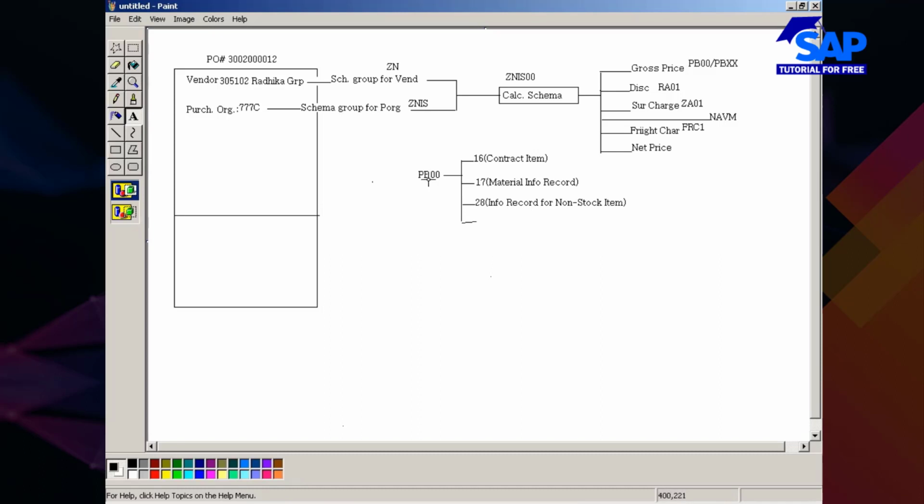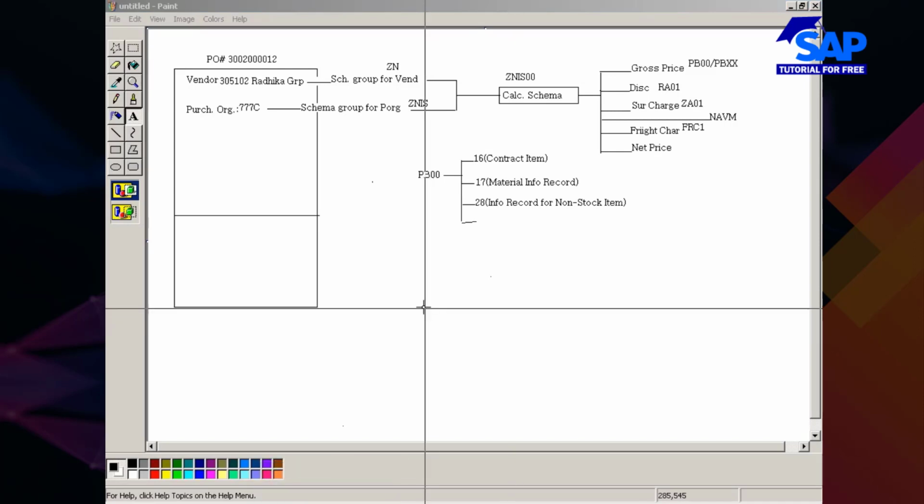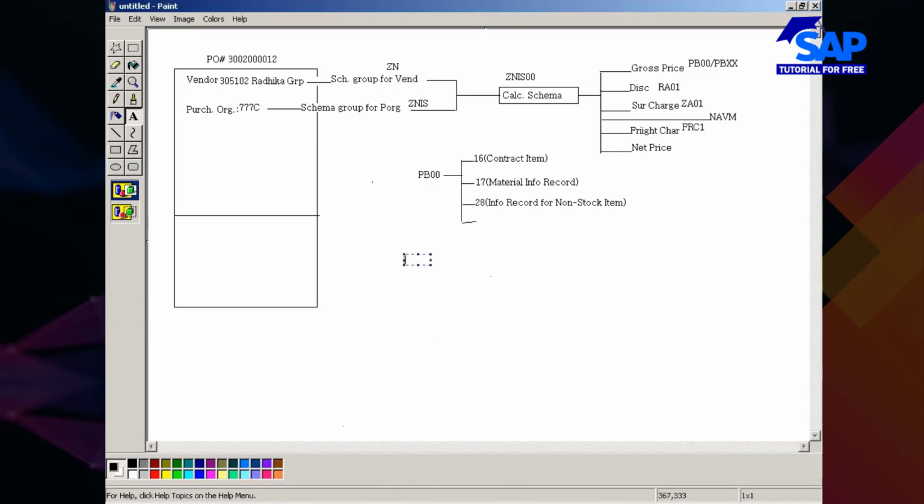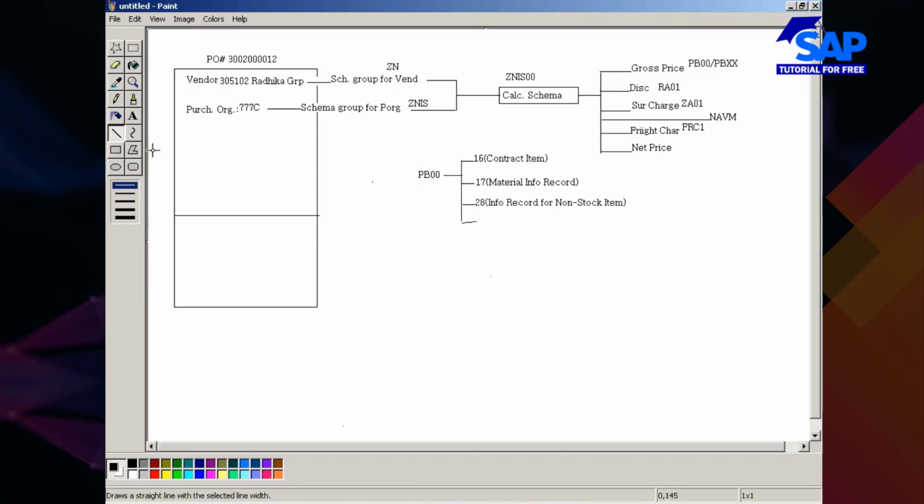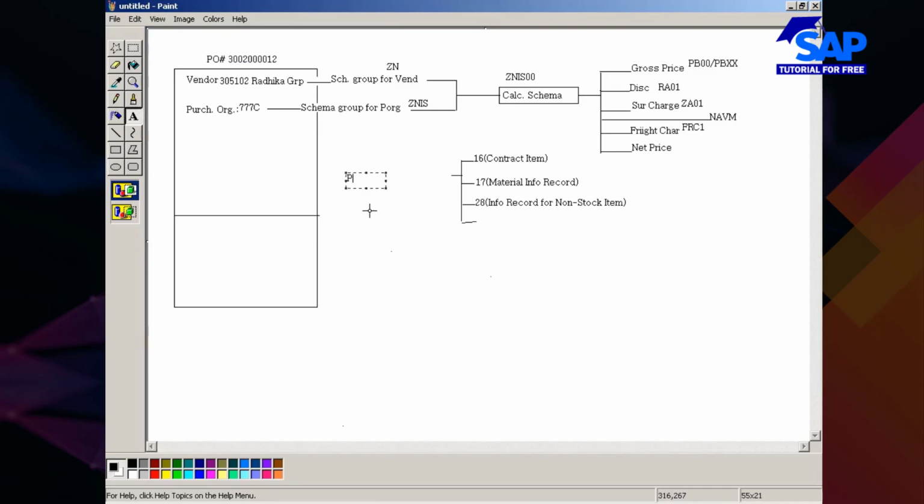So PB00 is what? Condition type. I think I'm missing one more thing here. Just give me a moment. It's not this way, I should have assigned it in a different way. Okay, so it should be something like this. PB00, your gross price, isn't it?